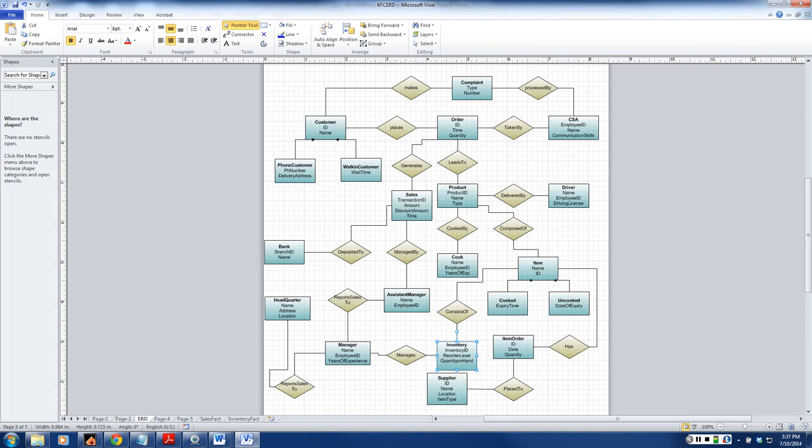First thing is we will remove all the relationships. We will focus on certain aspects, probably remove some of the entities and try to combine them. For example, we can combine all the customers in one place, all items, item order in one place. Okay, probably it also makes sense to combine all the employees in one place, CSA,